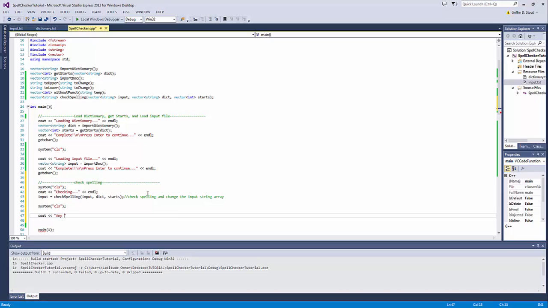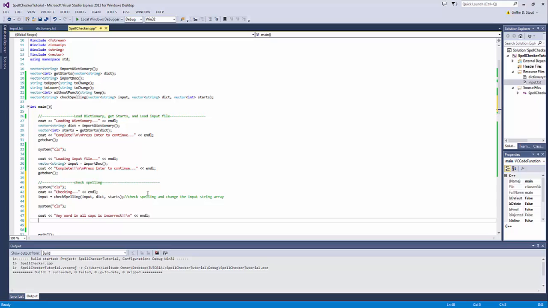So we're going to tell them that any word in all caps is incorrect. And then we can make a new line,